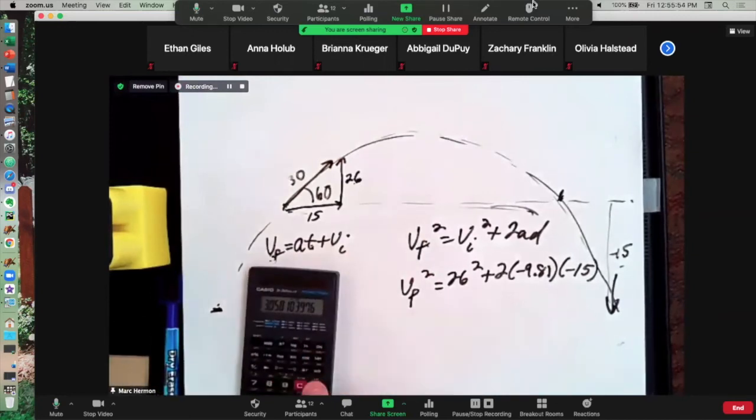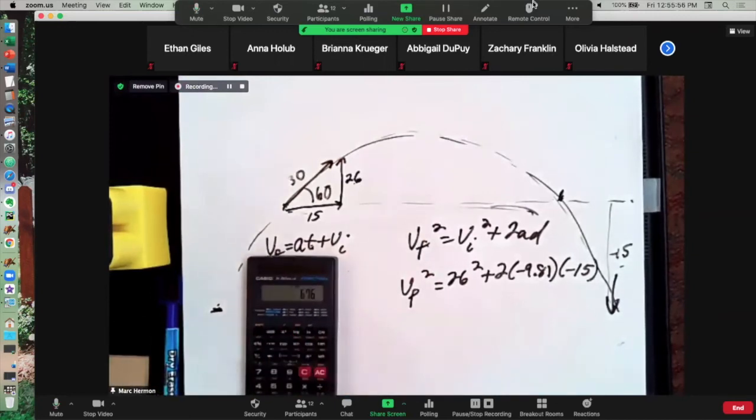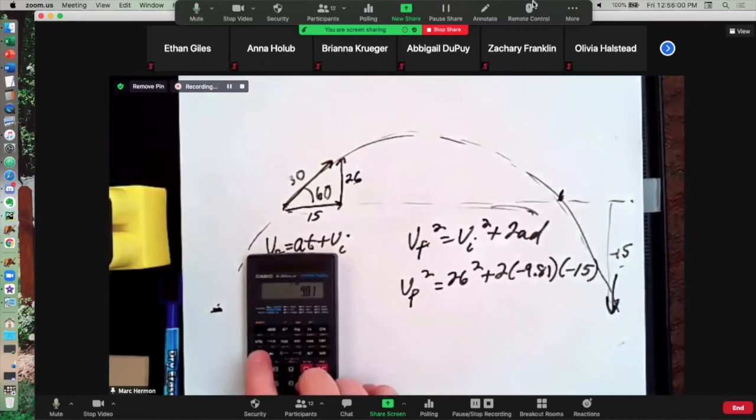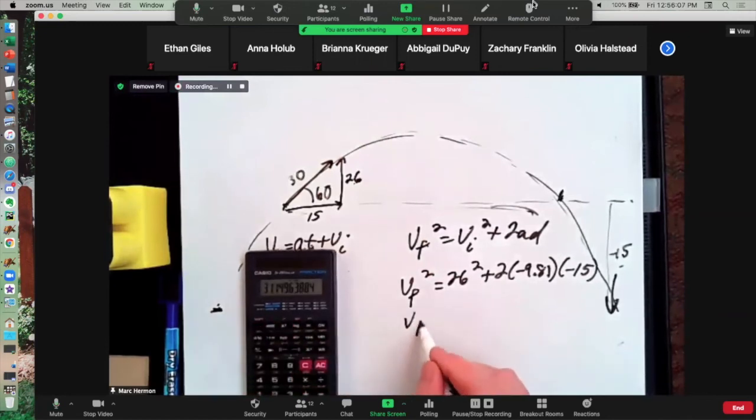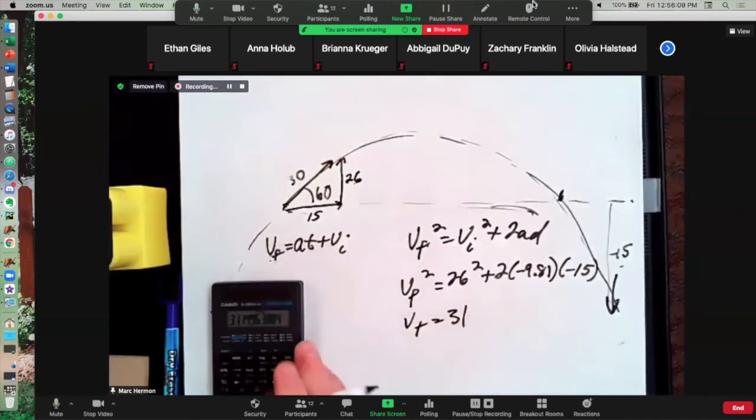Let's do it this way. So let's do 26 squared plus 2 times negative 9.81 times negative 15 equals, square root. The final velocity is like 31. So I'm going to plug it in here. I'm going to do 31. That's it. That should have been a,